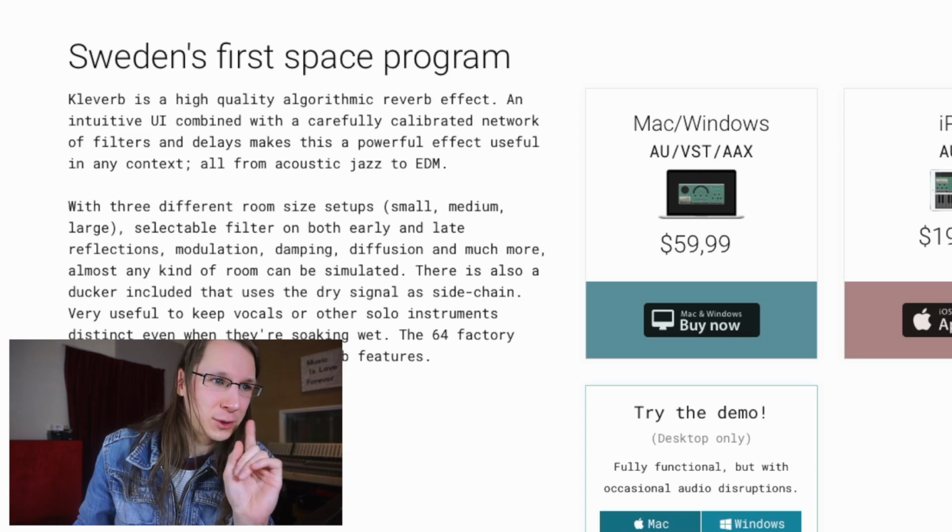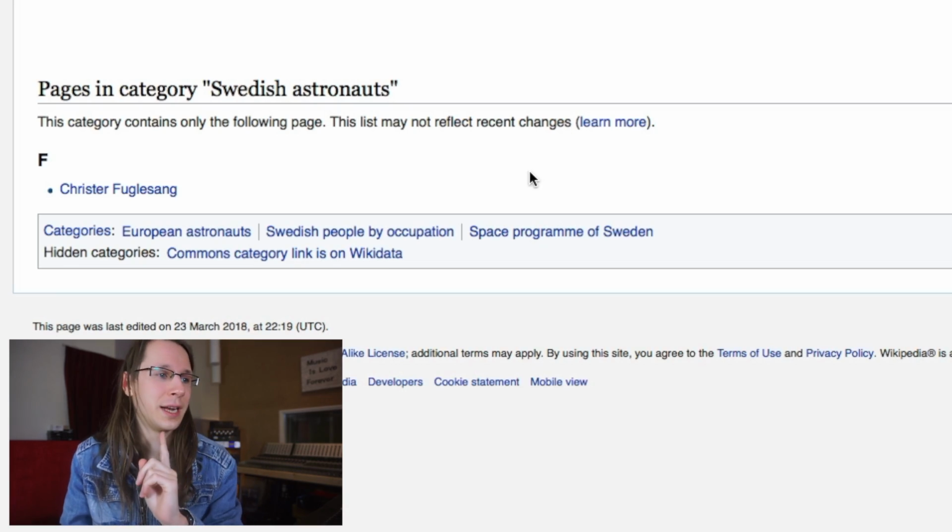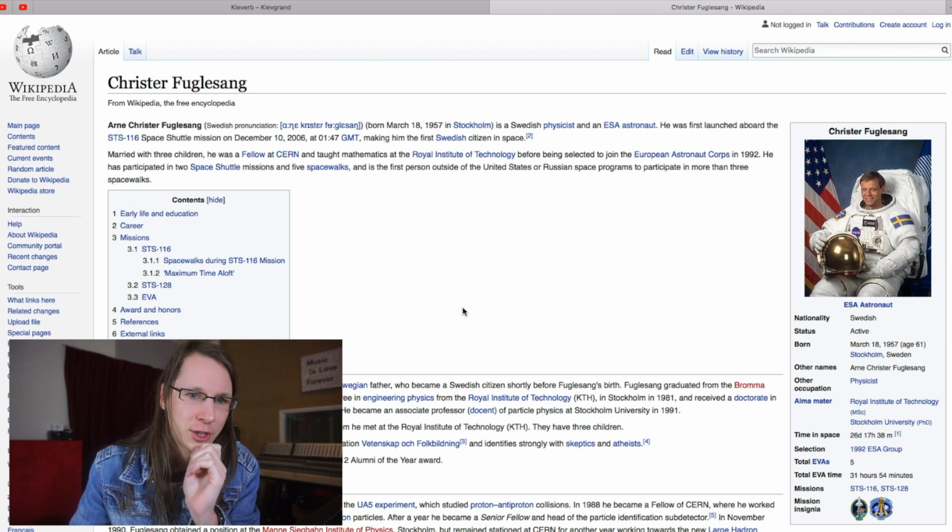Sweden's first space program. That's true, Sweden never had a space program. Did they actually have a Sweden astronaut? Oh, they had one astronaut, Christer Fuglesang. So they don't have a space program, but at least they have one guy that knows how to